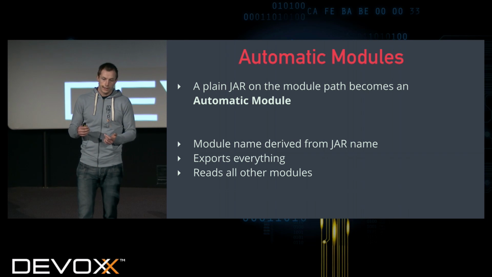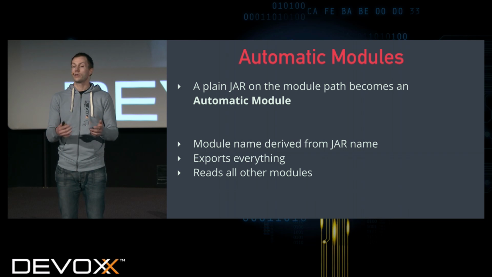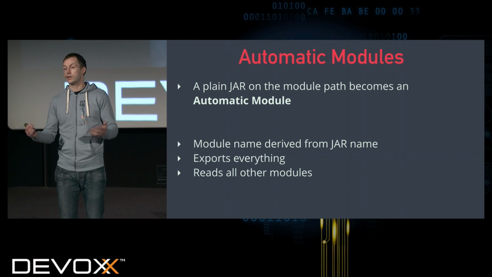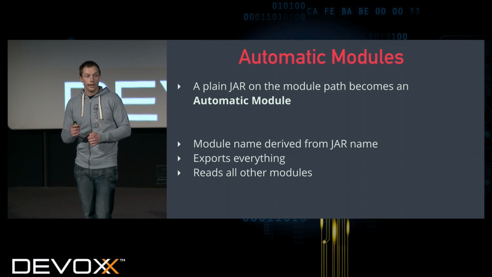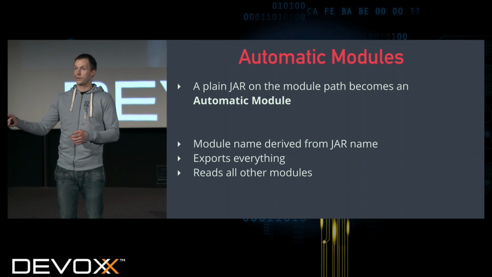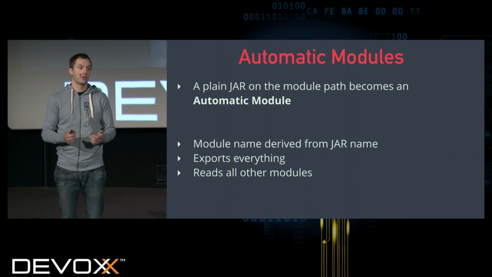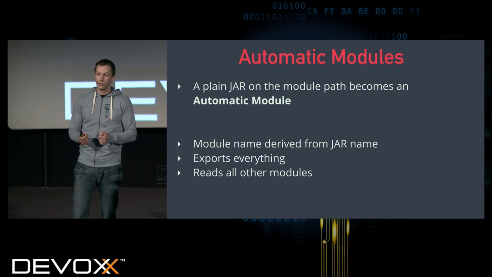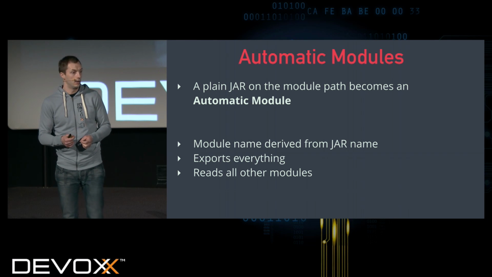What we can do is we can take a plain jar file, and with a plain jar file I mean a jar file that doesn't contain a module info, and that can be a jar file compiled with Java 7 or Java 8 or Java 9, it doesn't matter. It just doesn't contain a module info. We just move this jar file from the class path to the module path. So probably that just means moving it to a different directory on my file system. And as soon as we do that, and this jar file is now part of the module path,